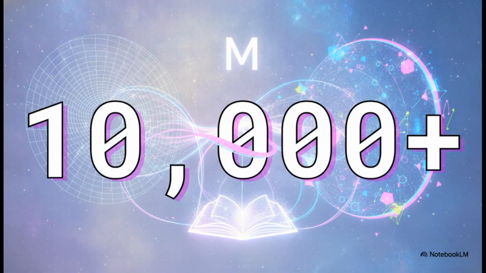And let me tell you, the impact of Maldacena's 1997 paper just cannot be overstated. It was an absolute game changer. By 2015, his paper had garnered over 10,000 citations. According to physicist Alexander Polyakov, Maldacena's work opened the floodgates, easily making it the most highly cited article in the entire field of high-energy physics. It finally provided the concrete mathematical realization of the holographic principle that theorists had been desperately searching for.